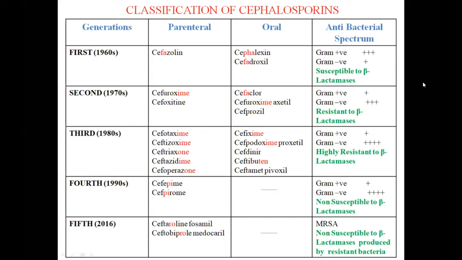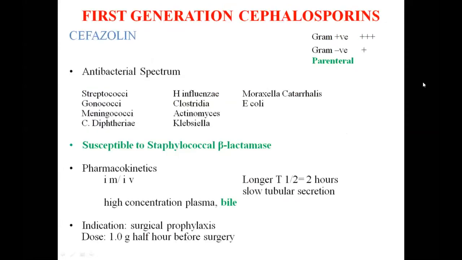So now we'll venture into the long list of these drugs. We'll cover 10 drugs of the 3rd generation, and 5 drugs of the 2nd generation, and 3 drugs of the 1st generation, one by one. Quickly we'll go through this. So the first generation cephalosporin, cefazolin. You can see it is more effective against gram-positive. As I told you, the first generation cephalosporins are more effective against gram-positive and also a few gram-negative organisms.